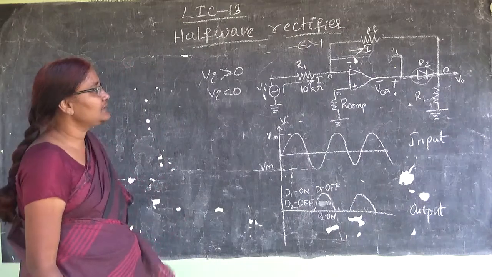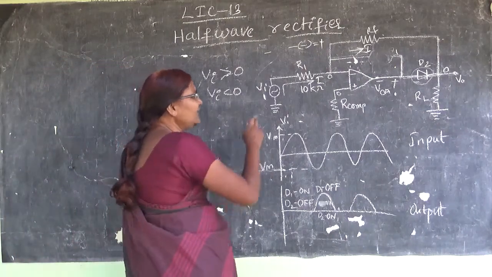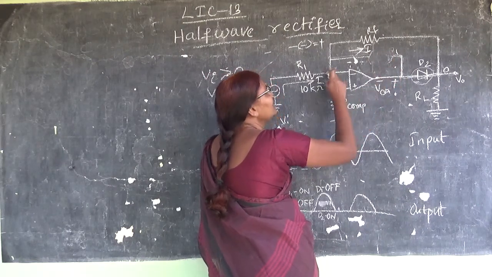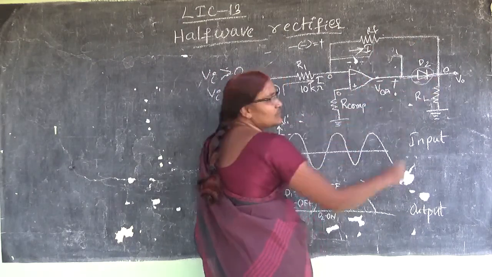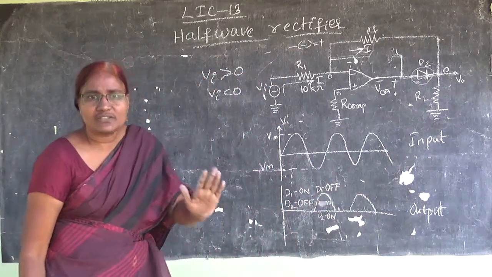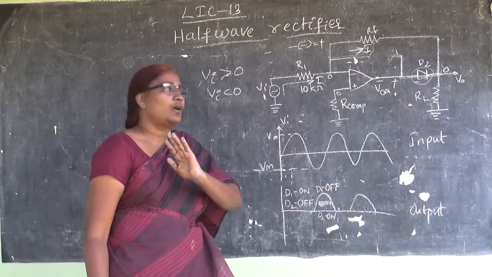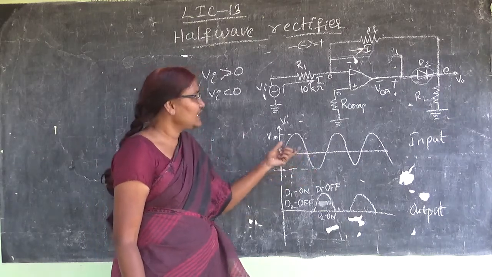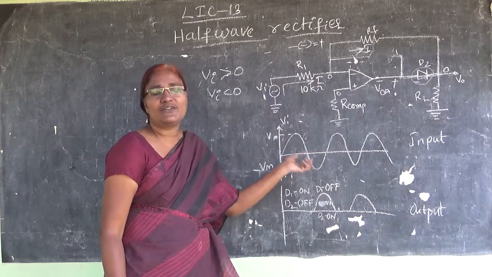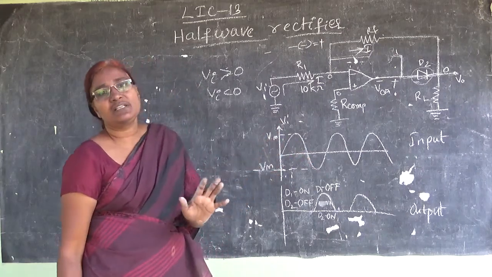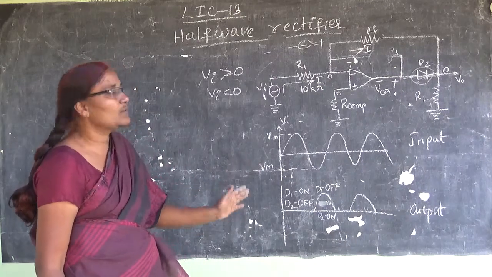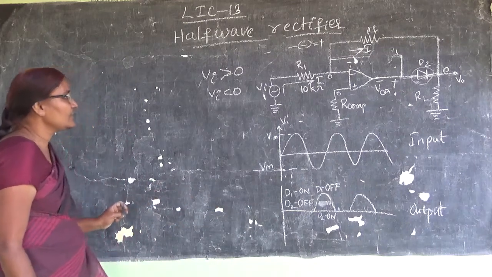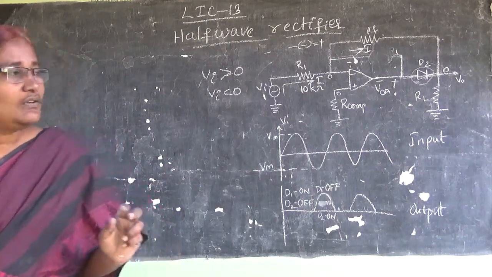And what happens here, if this diode is opened, still this will be connected. So there will be no saturation current, there will be no open loop operation in this circuit. So that is the reason this circuit can be used for very high frequency operation. Mostly these types of circuits are used in communication systems. The next thing we are going to learn is the full wave rectifier.